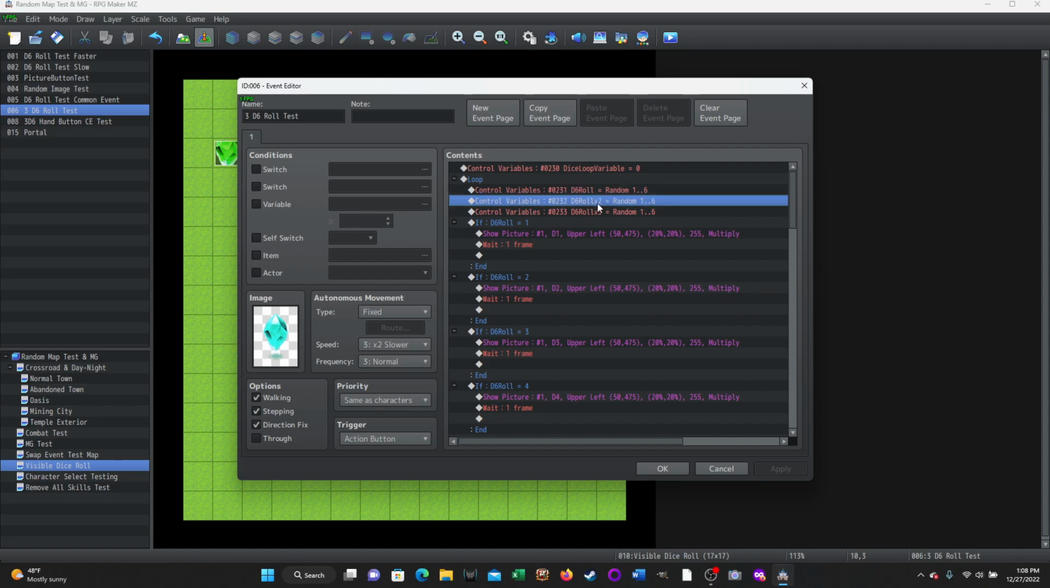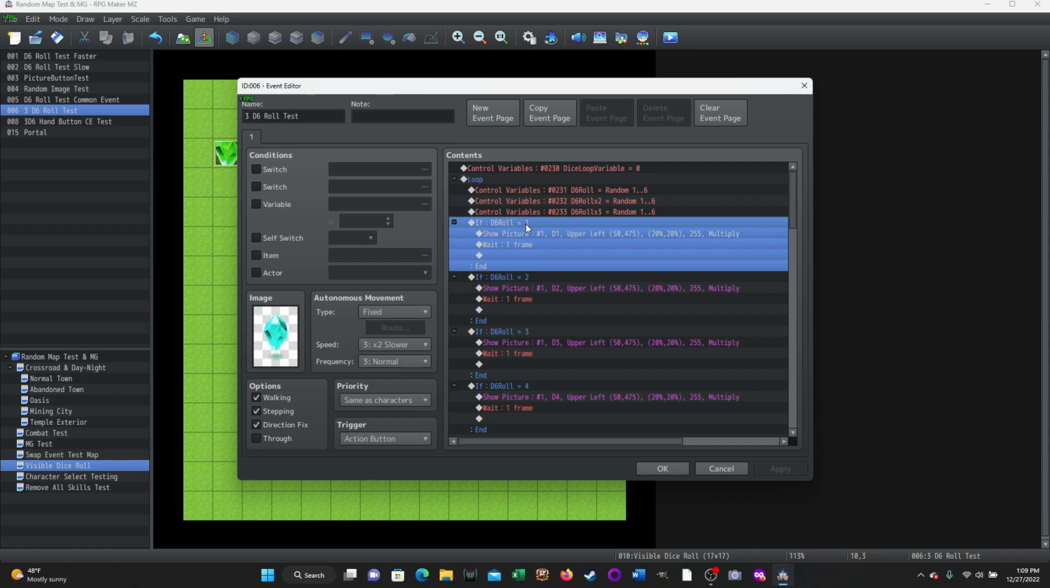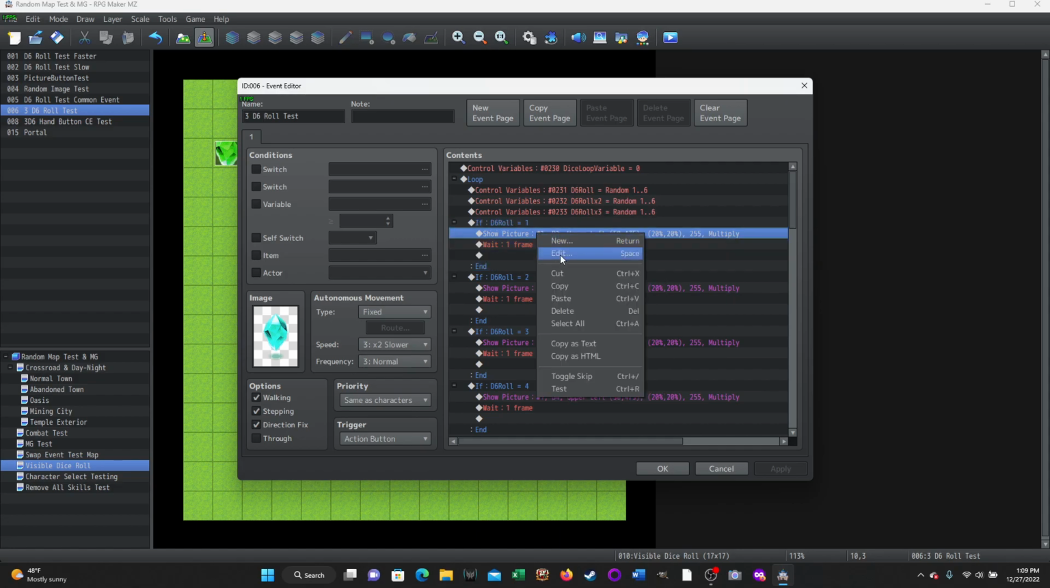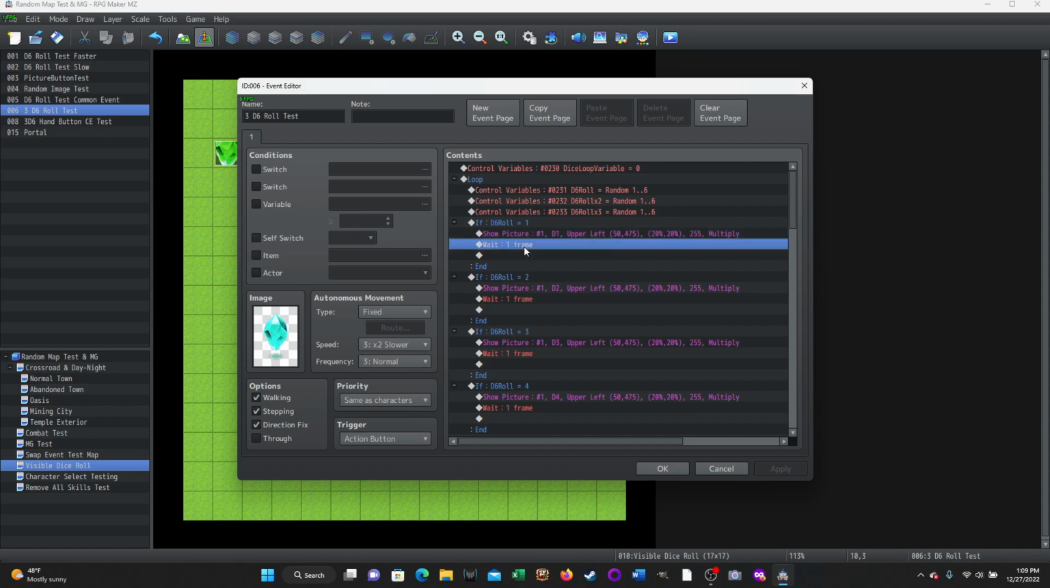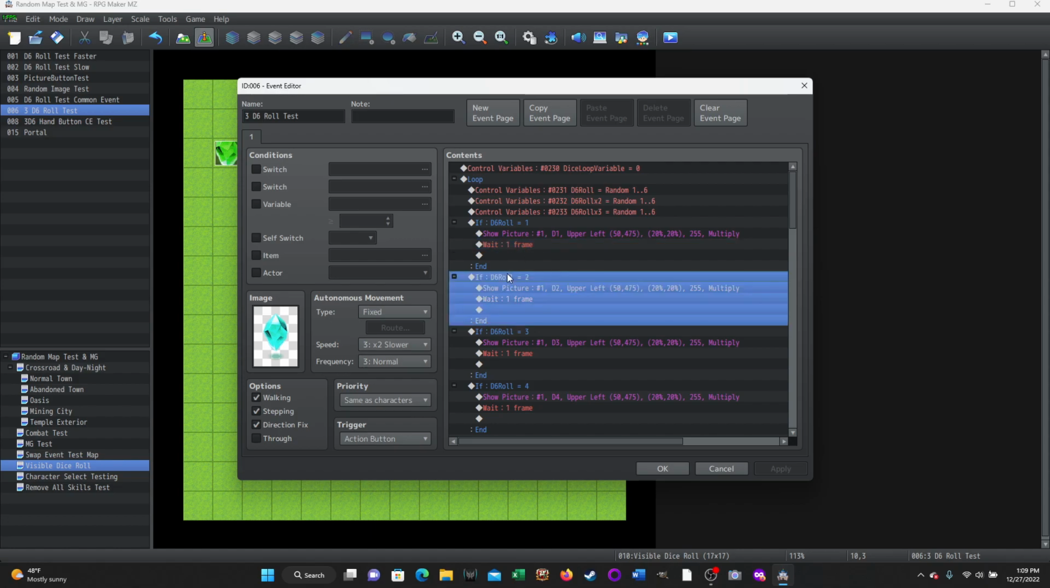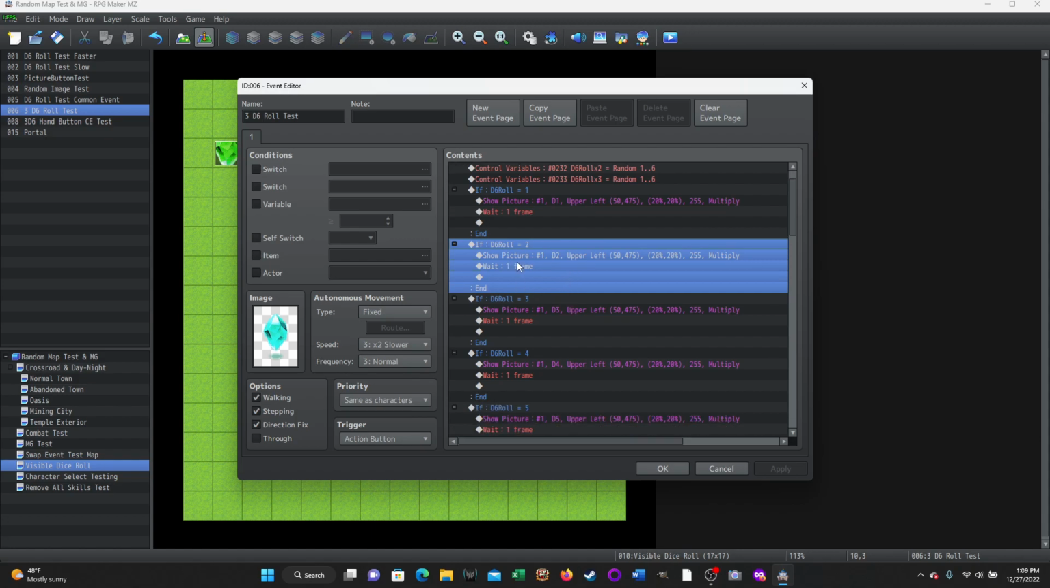Dice D6 roll, D6 times 2, D6 times 3, and it's rolling a random number 1 through 6, 1 through 6, 1 through 6. Then it's going to go through conditional branches for each of these dice rolls. So first, if the D6 roll equals 1, then picture 1 is going to be dice 1. Wait 1 frame, so 1/60th of a second. That's why it's going through so fast. If it's a 2, then picture 1 is a die 2. And again, only